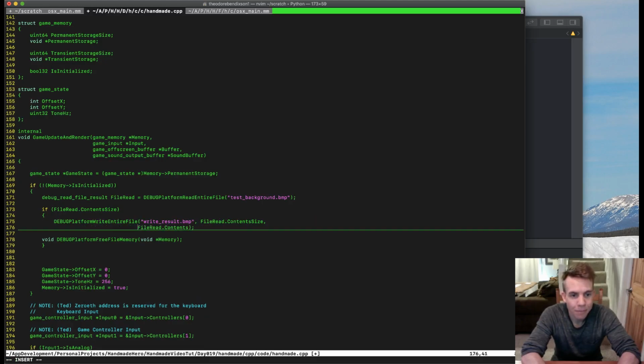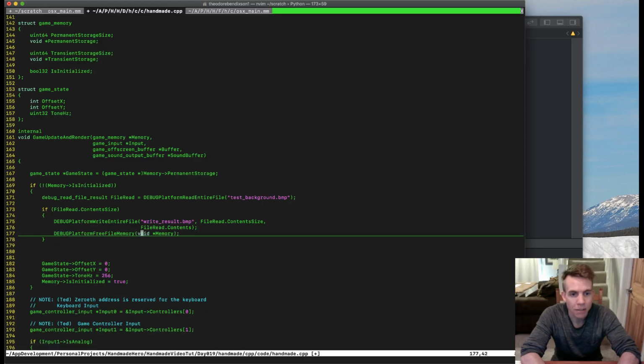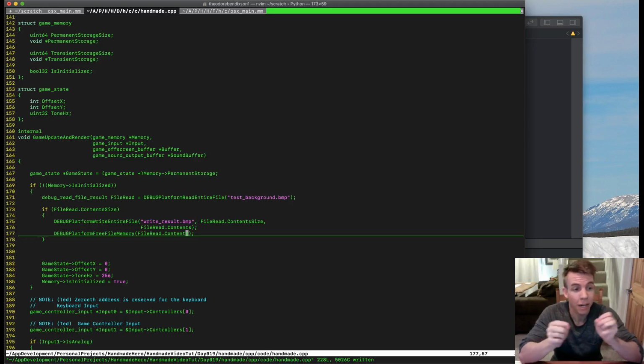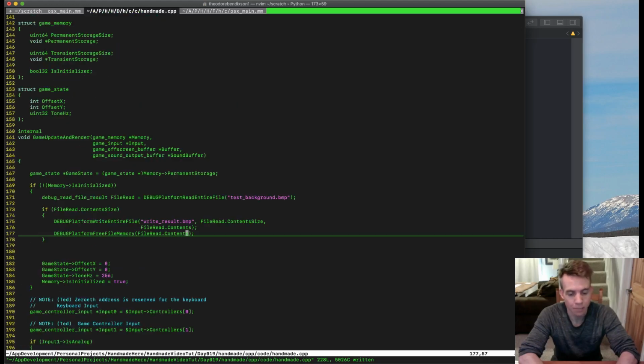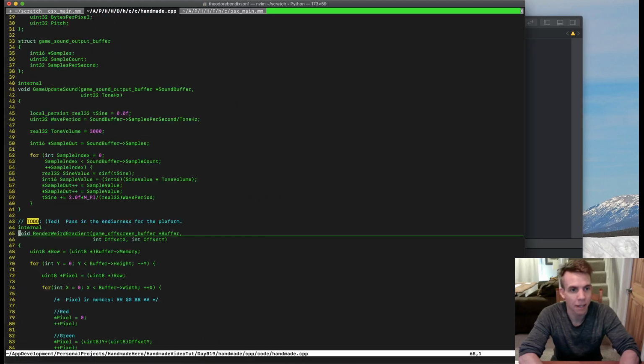I don't know. All right, and then we got this thing here, and so we're going to pass in probably the contents, right? And then we're going to load the bitmap, then write it inside of the bundle app sandbox or whatever we call it, and then we're going to wash our hands of the memory, so to speak. So that's sort of what we're doing, and the goal is just to test how this thing works. We already have this free memory thing, so that's all good. We want to go and get the